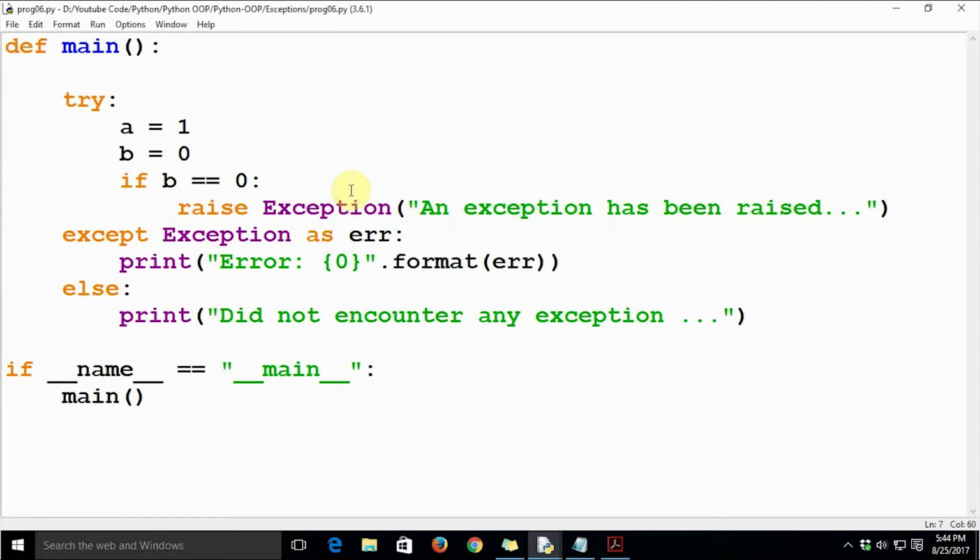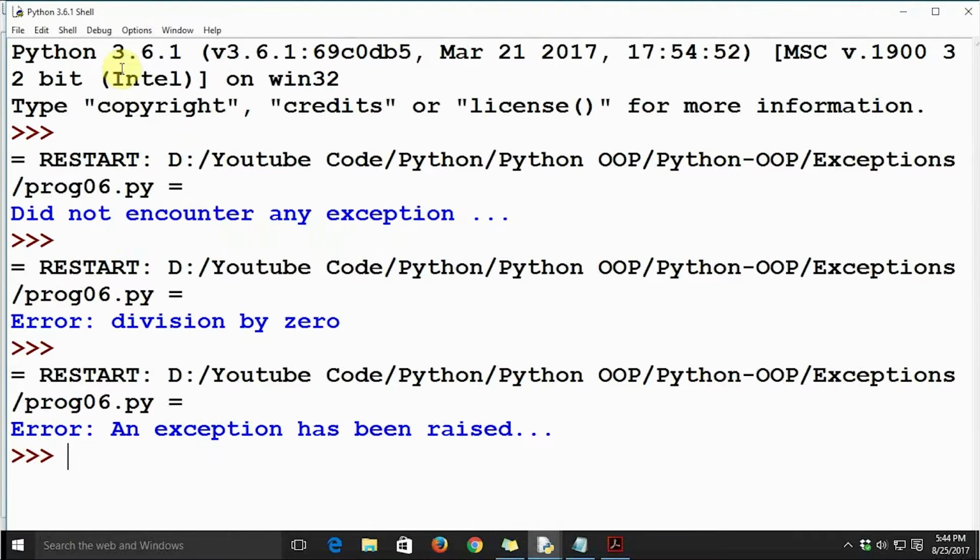This will explicitly raise an exception. Now let us see whether this code runs. Okay, now this code runs perfectly. So it says "error, an exception has been raised."